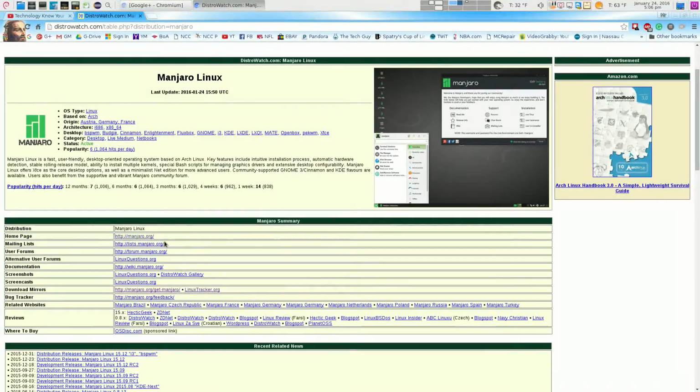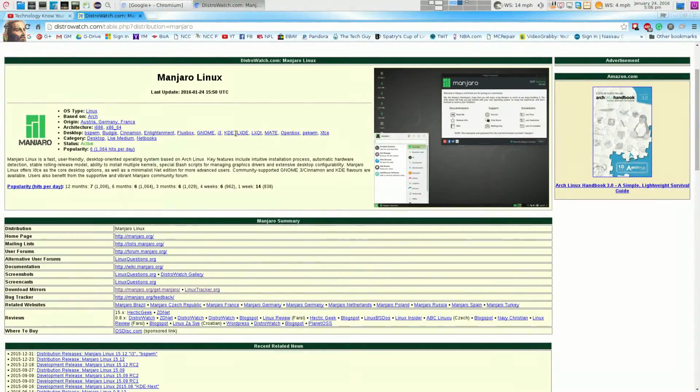For desktop, these are the desktop environments that you can use with this distribution: BSPWM, Budgie, Cinnamon, which I've used before, Enlightenment, which I've also used, Fluxbox, GNOME, I like GNOME, i3, and KDE. KDE is very rich in resources, meaning that it's heavy on resources.